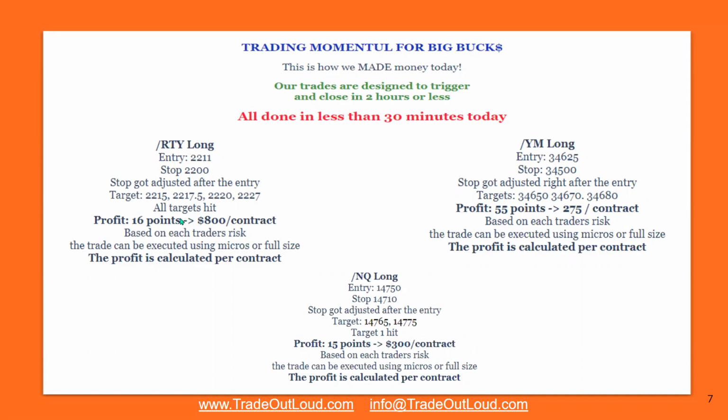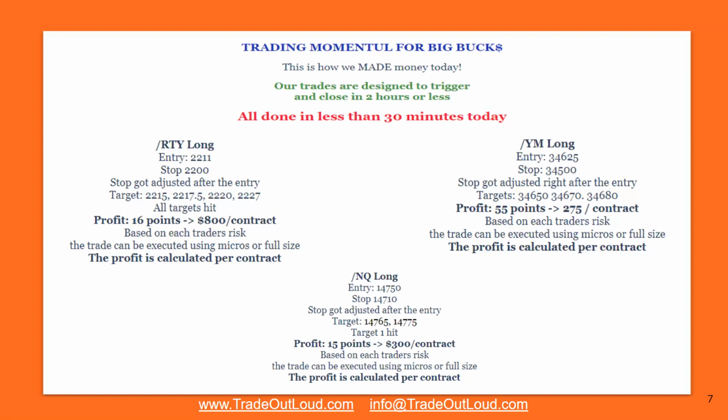Okay. 16 points, $800 per contract. In Russell, YM, $275 per contract. So this is well over $1,000 using just one contract of each. NASDAQ, $300 per contract. This could easily be a $1,500 day, or even if you're trading micros, let's say,